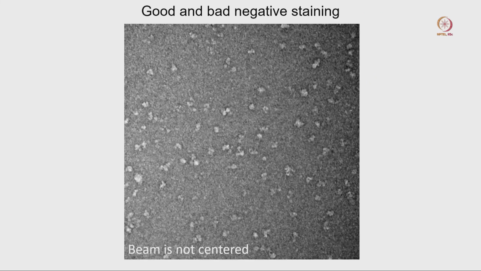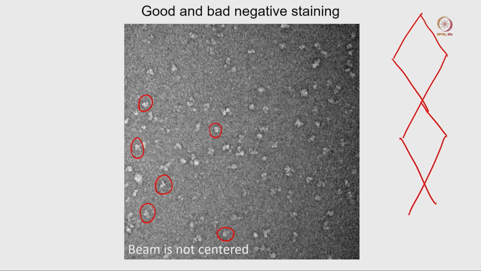Now, come to the next image. Here you can see a comparatively much better image where you can see isolated particles, but definitely our stain is not that good, or there are some other problems. If you just remember the ray diagram of the microscope, what we are doing here, we are always expecting that all these crossover points will go through the center. Now consider this is the area we are imaging. If this is our optical axis, it will come somewhere here.